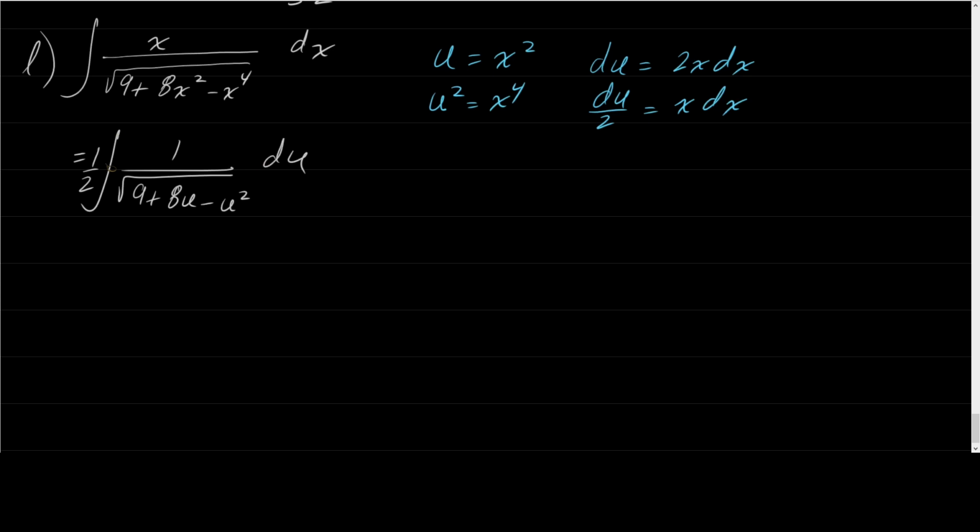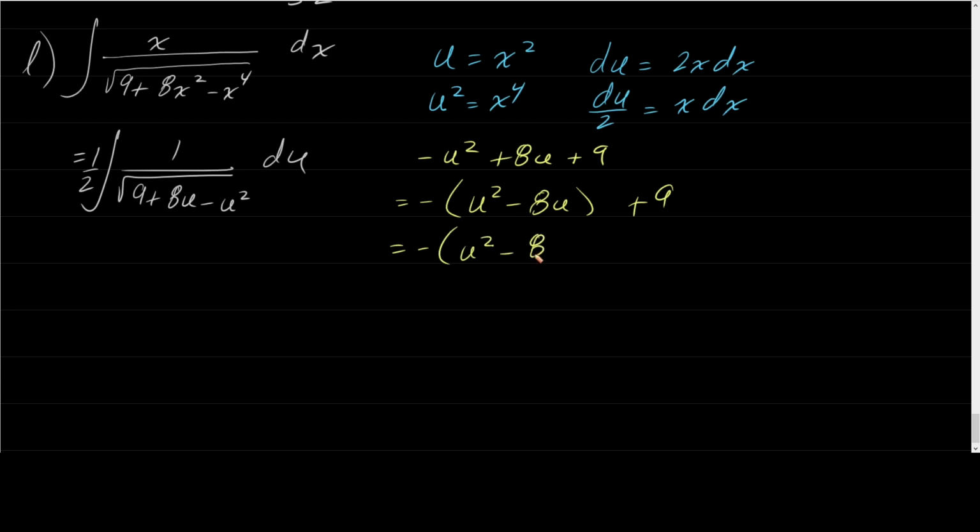So what I'm going to do there is rewrite this using completing the square. So what I have here is negative u squared plus 8u plus 9. And again, we're going to factor out that negative because when we complete the square, we don't want any leading coefficients. I'm only going to factor it out of the first two, leave the 9 alone. The next thing I'm going to do is use this value in front of the u to add 0. So I take negative 8